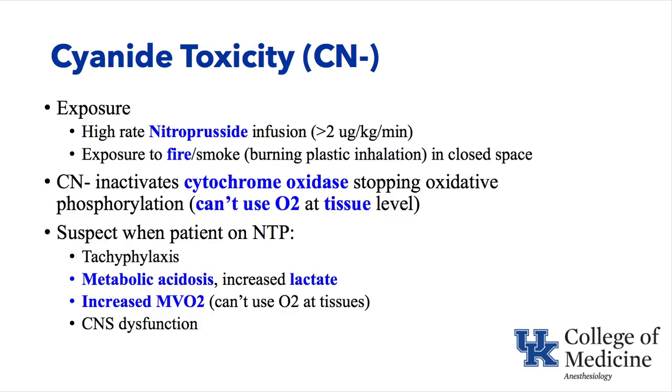Cyanide inactivates the cytochrome oxidase, stopping oxidative phosphorylation, so we don't make energy, but the tissues need to have energy to work. So what they do is continue anaerobic metabolism, but they can't use the oxygen that's supplied to them. So what happens is the oxygen goes to the tissue, can't use it, goes right back around and comes back into the pulmonary circulation with a very high mixed venous oxygen saturation. So normal mixed venous is about 70-75%, maybe it'll come back at 90 or more percent in these patients who have